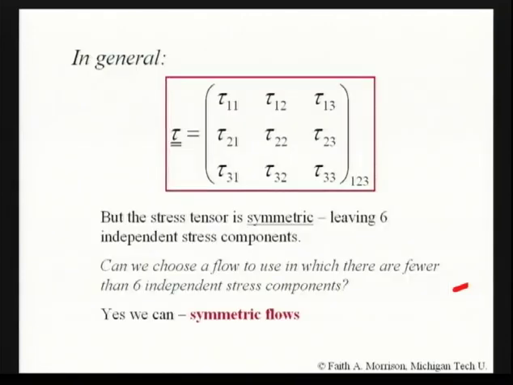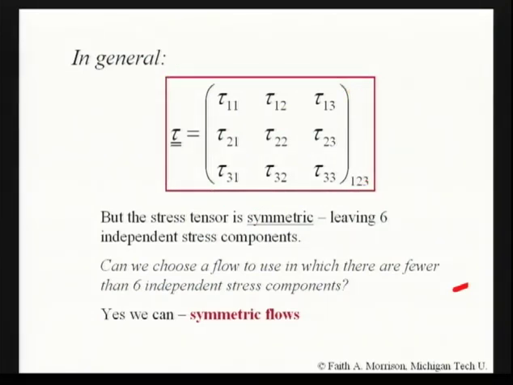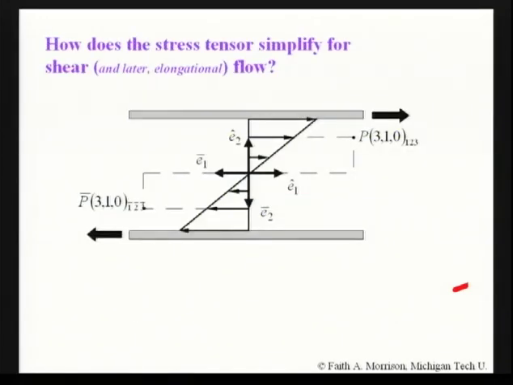discussion with last time. So the stress tensor is in general 9 components. Symmetry of the stress tensor reduces it to 6. Symmetry of the flow itself, which means in the case of shear flow, having an axis here in the center, that if I rotated this flow by 90 degrees, I would get the same flow. This point would rotate up to that location, this point would rotate to that one, and you'd have the same flow. And that symmetry we can show, and we did show mathematically,